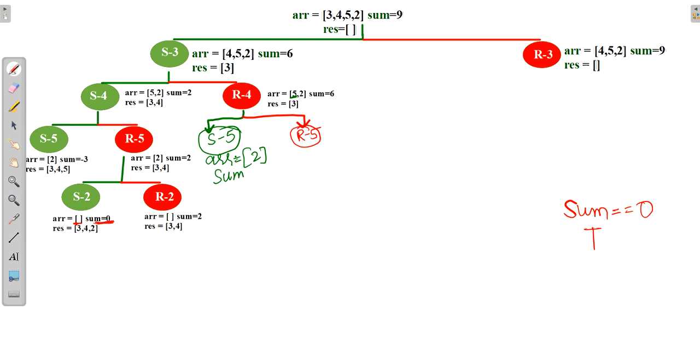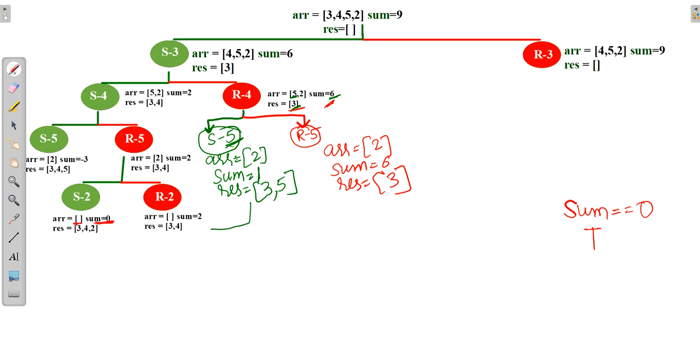Sum will be 6 minus 5, which is 1, and result will have 3 previously and 5 this time. But when I reject 5, array will be 2 and sum will be 6 and result will be 3, because we haven't done anything on previous R4.